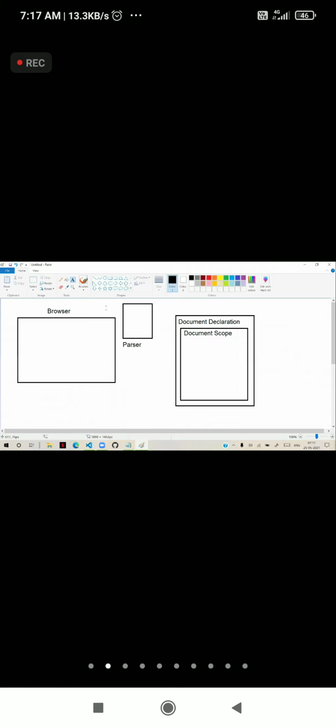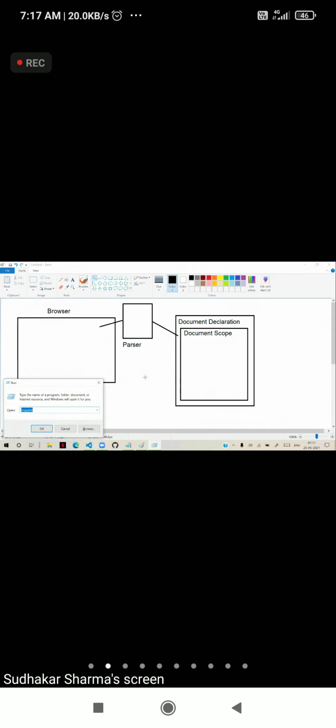Usually, this parser is responsible for translating the code that you have written. That means generally it is responsible for translating the tags into elements and presenting them on the browser.